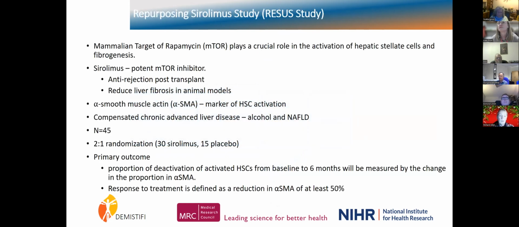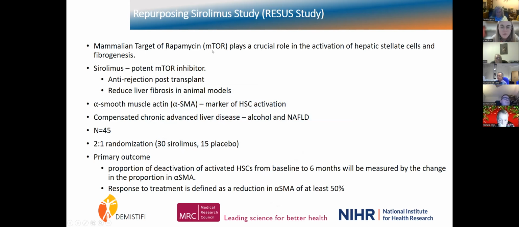Eventually, this is one of the snippets of what we are already doing. This is a study which is ongoing. It needs 2 more patients, then we complete the recruitment of the study. So I promised you that we want to find a pathway. This is one of the pathways called